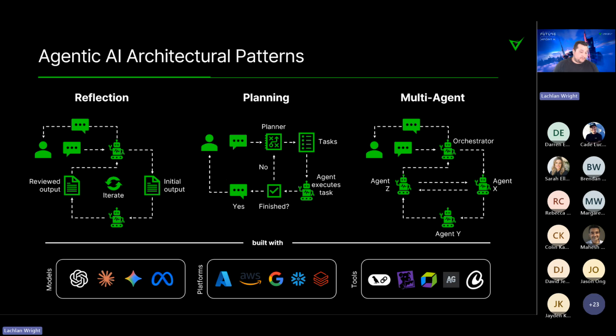Wanted to talk about some of the things that we build this with. So the popular models we're seeing, a lot of OpenAI, Anthropic Claude, incredibly popular, Gemini, of course. Meta's Llama model is very popular from an open source perspective. From a platform perspective, the hyperscalers are a no-brainer. They provide heaps of value from an enterprise perspective, and having that support, that kind of platform layer for you to build on that you don't have to worry about, and a bit of consistency as well. So having something that doesn't change as often as the industry is changing provides you some reliability and something you can depend and count on. In an area that's moving and changing quite rapidly, that is very important.